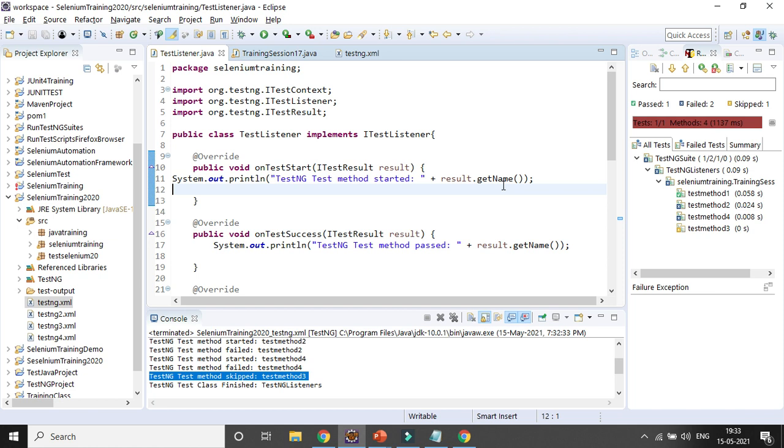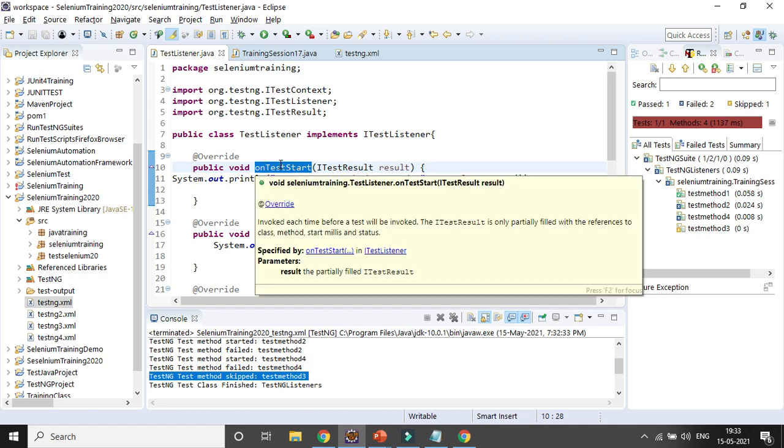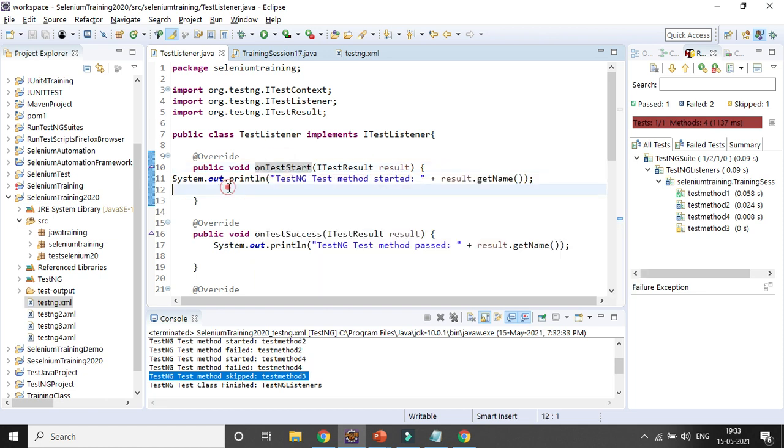So that's why listeners are important to the TestNG or Maven framework, right? Whenever you are creating any project, definitely with the help of TestNG, you can add the listeners, and in each and every listener, for each and every method, whatever is expected, you can add so many things. If you want to capture a screenshot, or if you want to customize the pass or fail like that, you can add it, and it will have an impact whenever you run the testng XML file.